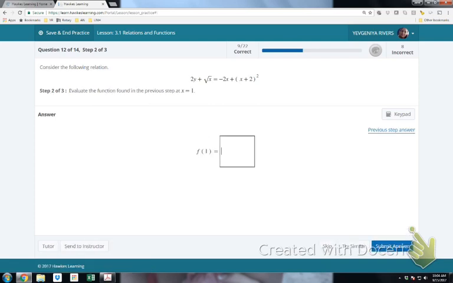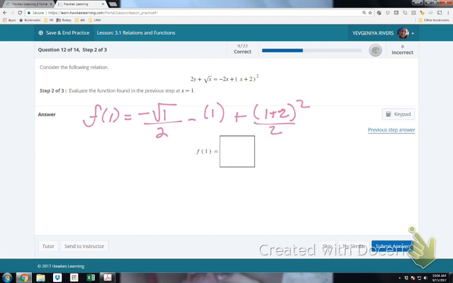Next, I'm asked to evaluate this function at f of 1. So what I'm going to do is take the equation that I had before and substitute 1 in for x. So doing that gives me f of 1 equals negative square root 1 divided by 2 minus 1, since I just had the x left there, plus (1 plus 2) squared